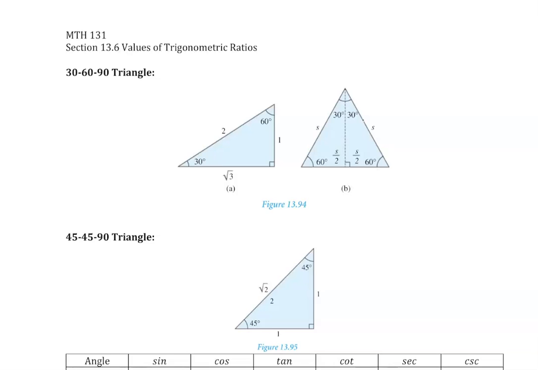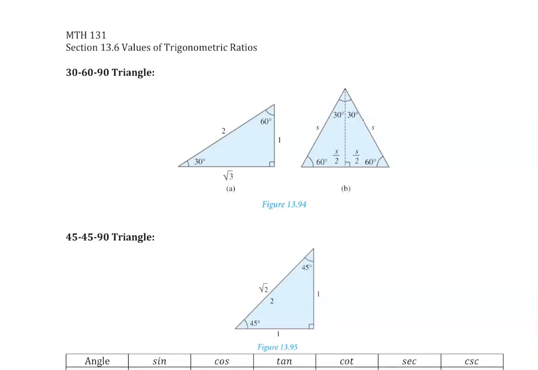Section 13.6, we want to look at three very special angles and how to define the trig ratios for these angles. We're going to be looking at the 30-degree angle, the 60-degree angle, and the 45-degree angle. So this triangle, this 30, 60, 90 triangle that we sometimes refer to, is made by taking an equilateral triangle